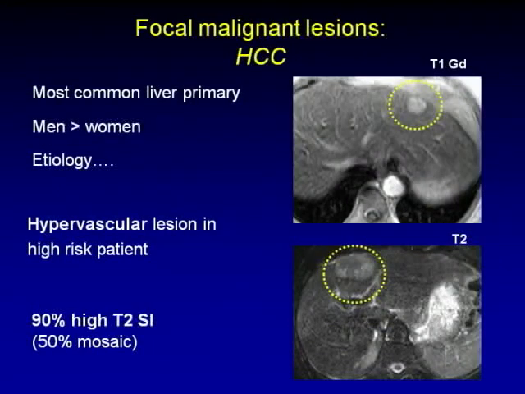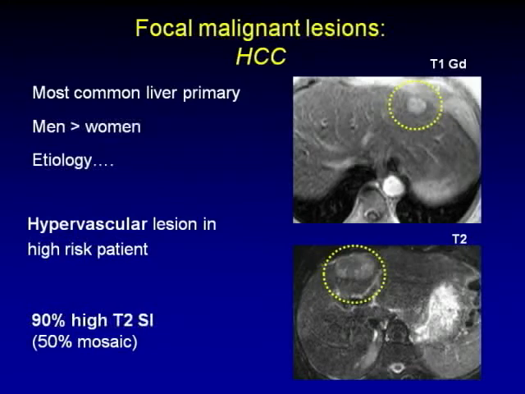So let's move on to hepatocellular carcinoma. This is the most common liver primary. It's more common in men than in women. It occurs in the context of underlying liver disease, such as cirrhosis, or it can occur without cirrhosis in the context of hepatitis B virus infection, chronic infection. There are many other causes which include glycogen storage disease, hemochromatosis, congestive liver failure that's resulted in cirrhosis. Anything that can cause cirrhosis can potentially cause